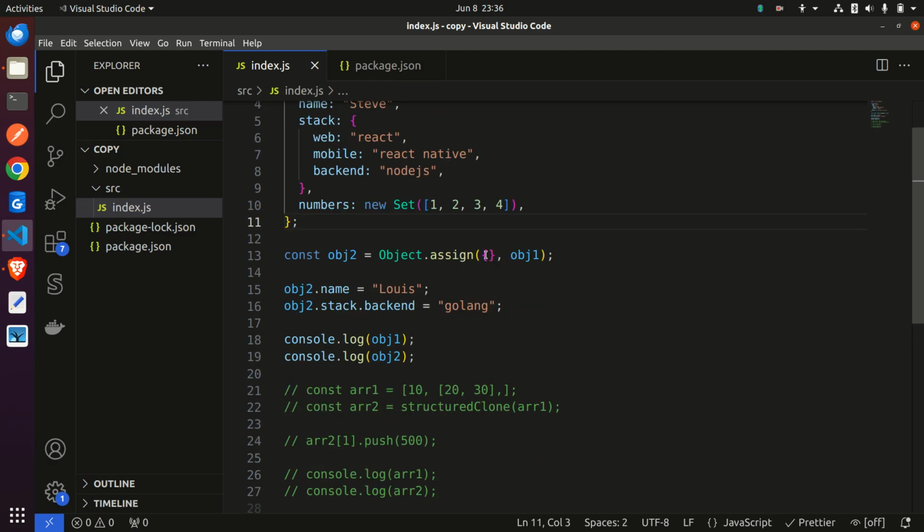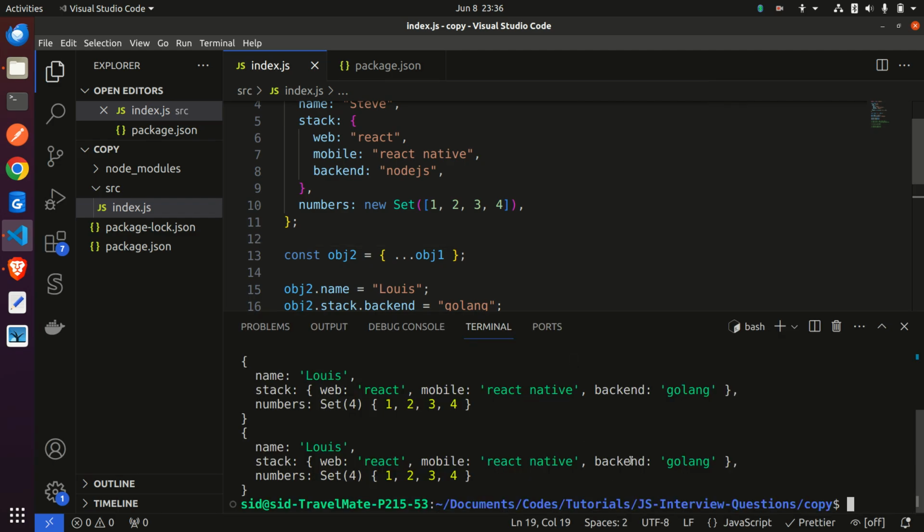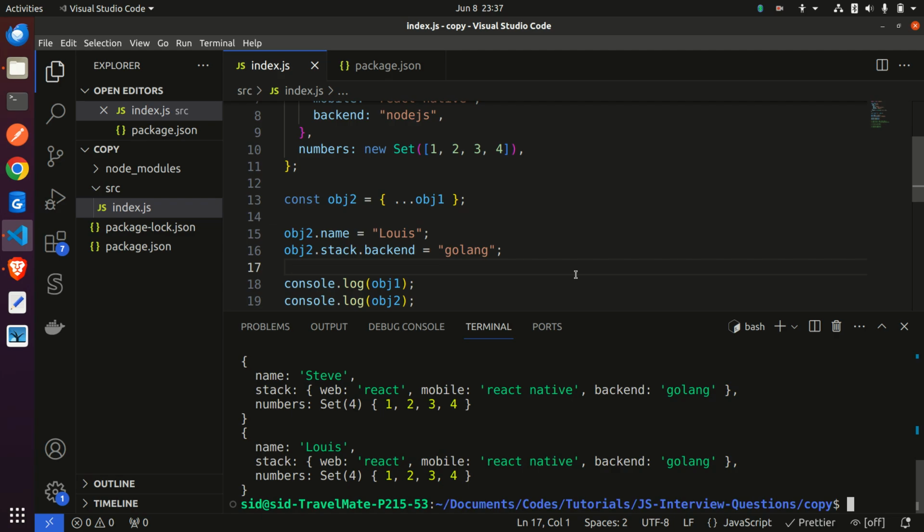So this will be the target object and this will be creating a new reference. That is, a new memory location will be allocated for this object. And the other way is by destructuring. Let's see the log. In case of shallow copying, we can see that the original object's name attribute is not